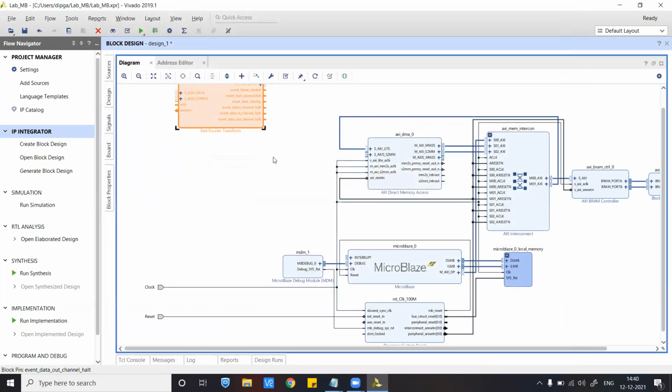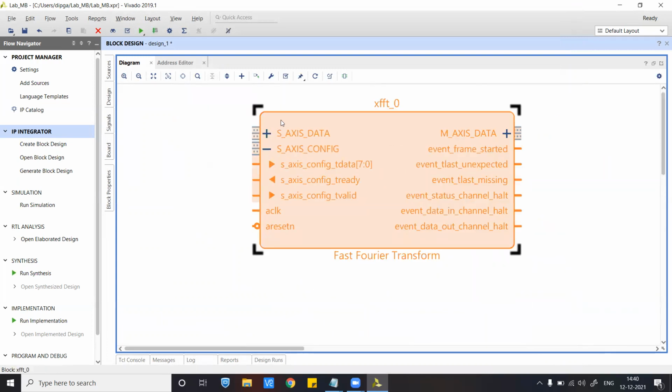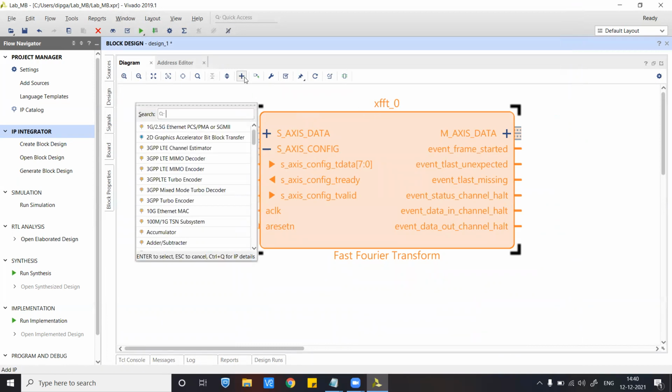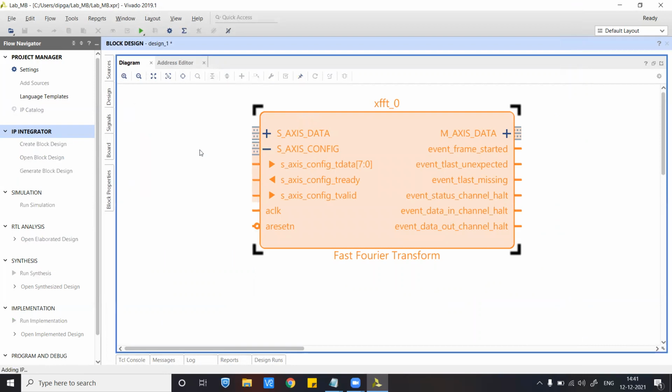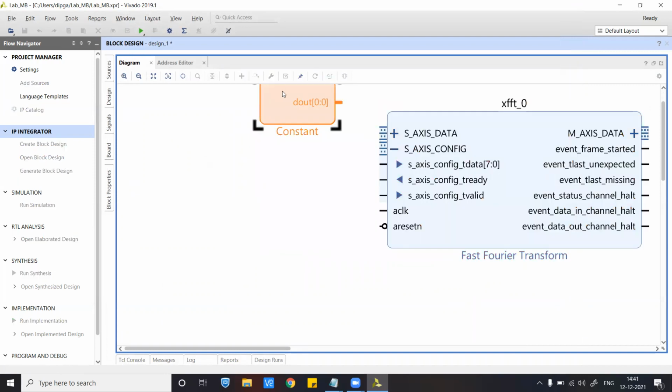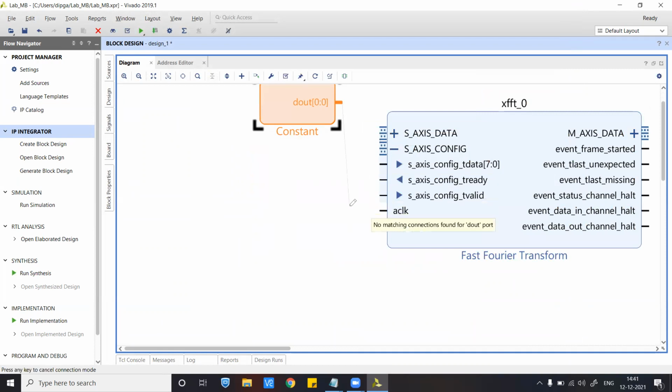So once this is done, for the S-axis configuration, we want this to be configured as FFT. As we did in the previous lab, we will again be giving a constant input here. Double click on this, set the constant width, and you can directly feed this to the valid signal.